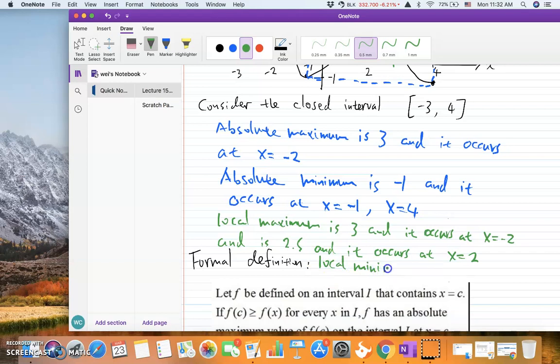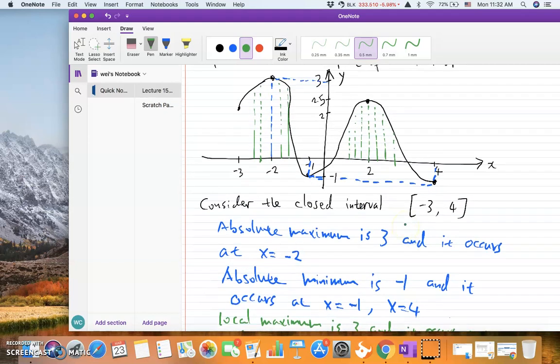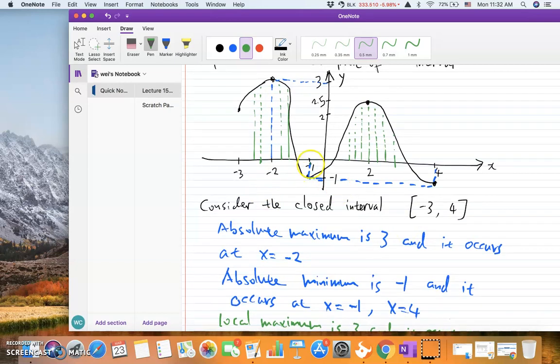The local minimum is -1, and it occurs at x equals -1, because at x equals -1, the function value is smaller than the function value at the points nearby